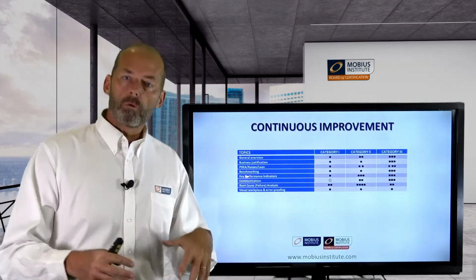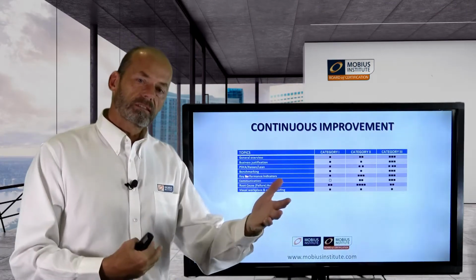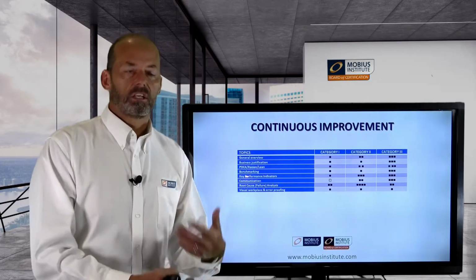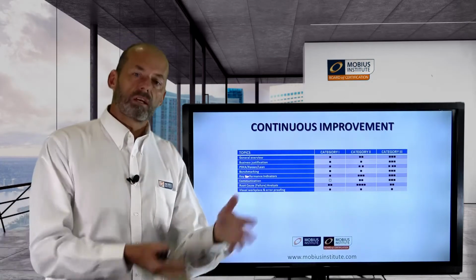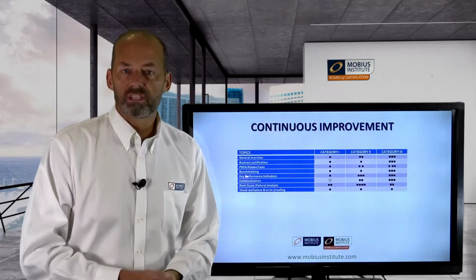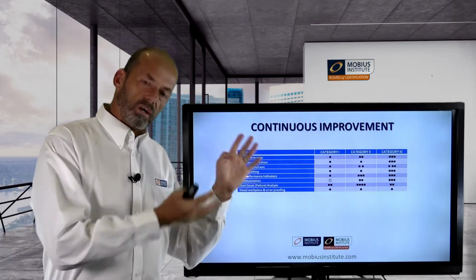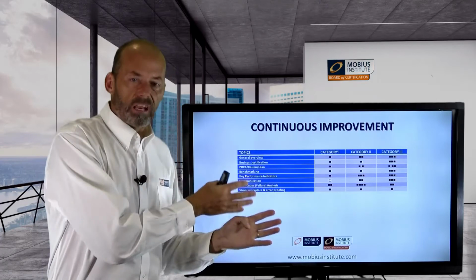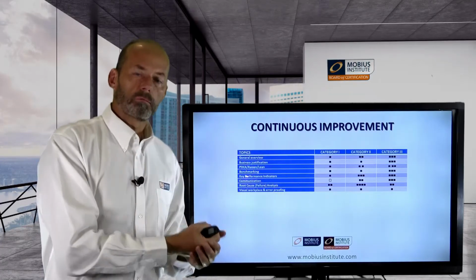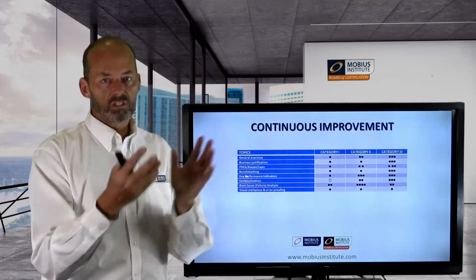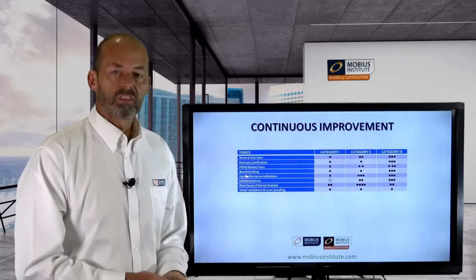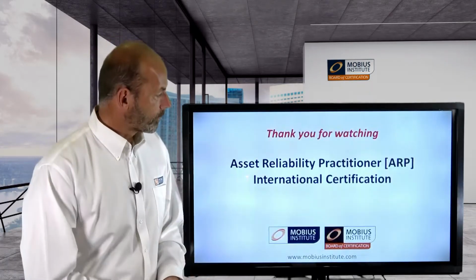It's essential that we learn from our mistakes, we learn from our successes, when there's failures we perform root cause analysis and so on to find out why it happens. So this program separates it out into the advocate, just the normal person who works in the plant, versus the reliability engineer, versus the leader of the program.